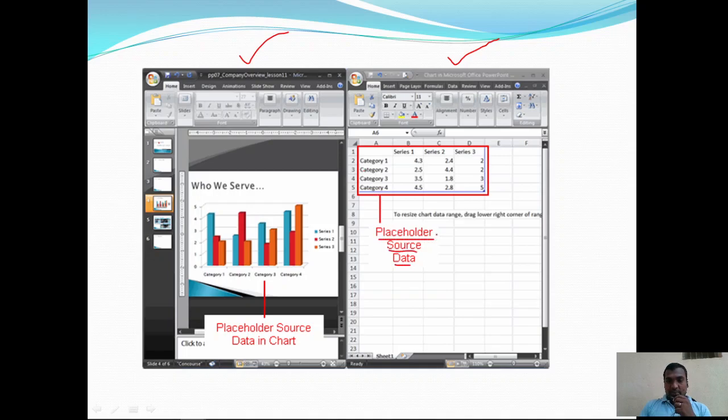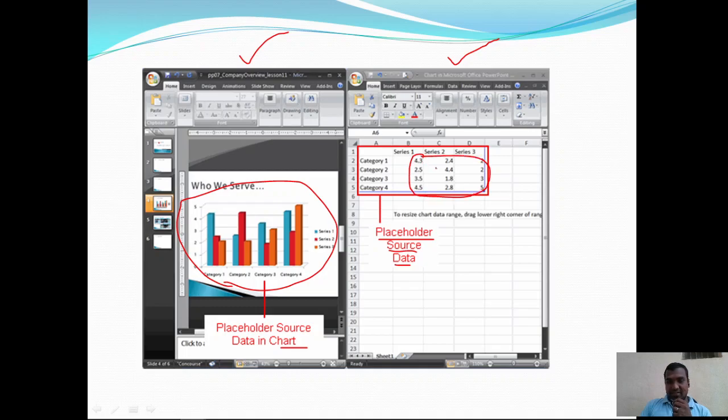So we are using the placeholders to insert the charts, right? This is the chart, with placeholder source data. The values of these vertical bars are going to vary based on the data available here.